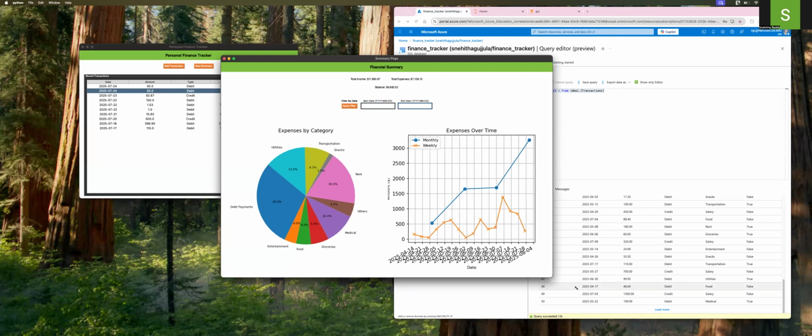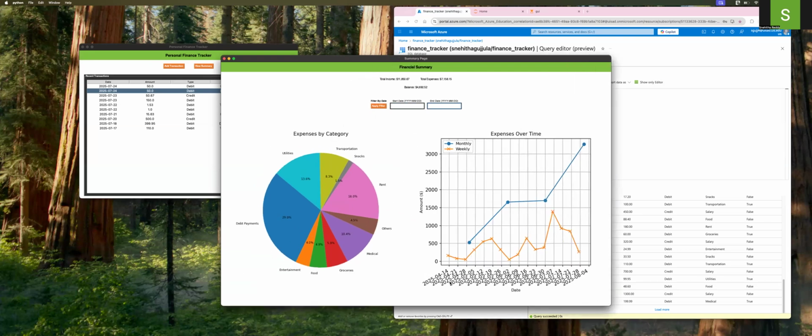Honestly speaking, the expenses over time chart is not very readable, because I couldn't figure out how to adjust the x-axis labels properly for different filters. However, the expenses by category chart does a very good job of showing where a user spent most of their money. To see how these charts and different labels change by filtering transactions,